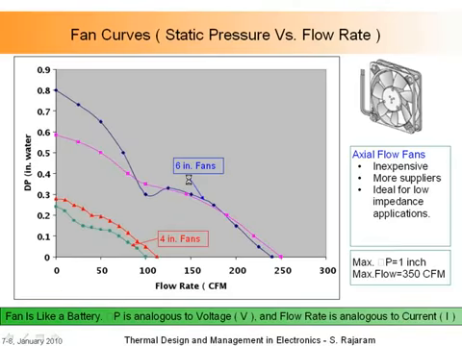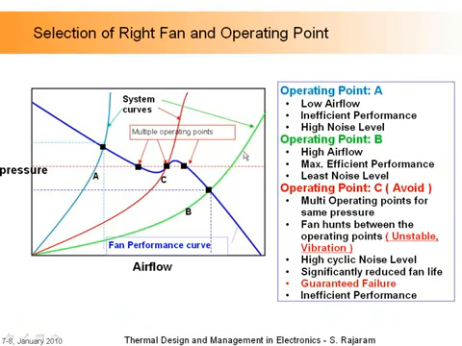because as you can see, if I put different boxes, the system is my box. Where the pressure characteristic of my system meets the fan characteristic, that's my operating point. When I use this product, that's where the product is going to operate. Typically, we want to operate at this point here, about 80% of the maximum flow. This is not good because you're wasting 80% of the flow. This point is something we avoid completely because it's an unstable portion. You can see for a single pressure point, you can have 3 flow points. So the fan actually hunts between these 3. It causes noise, vibration, and failure. So these are things that we take into account.